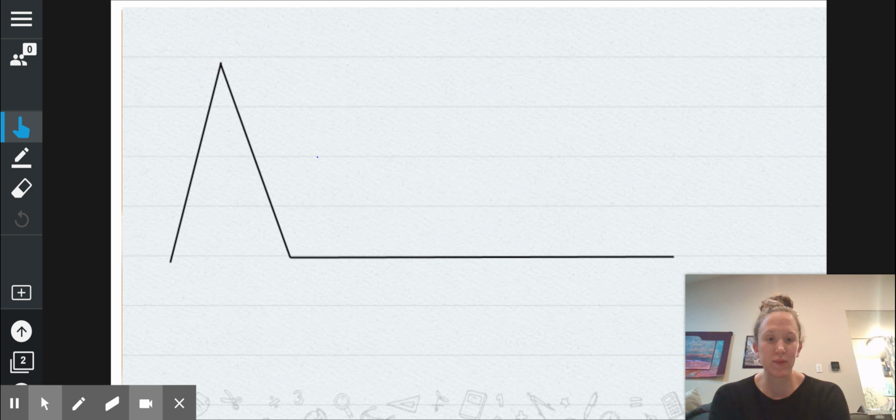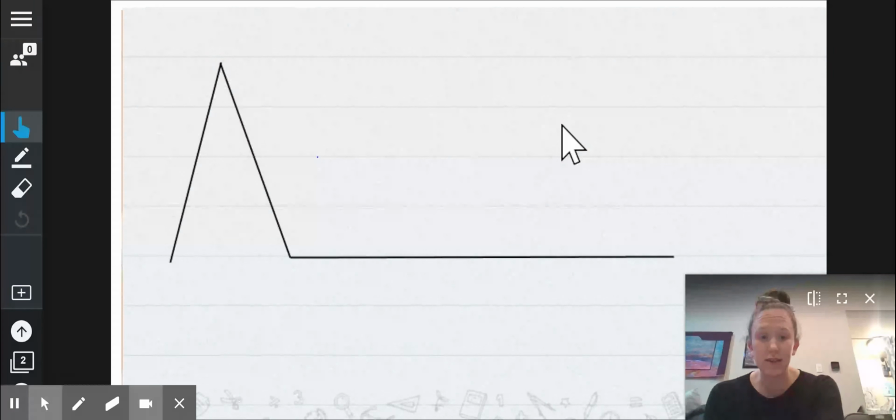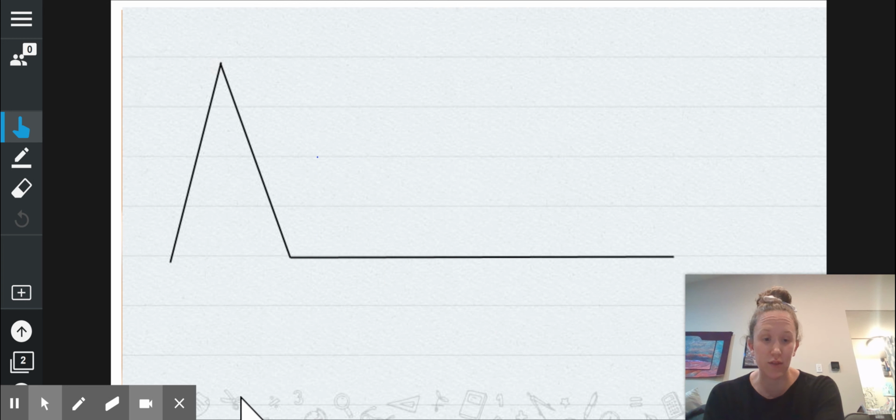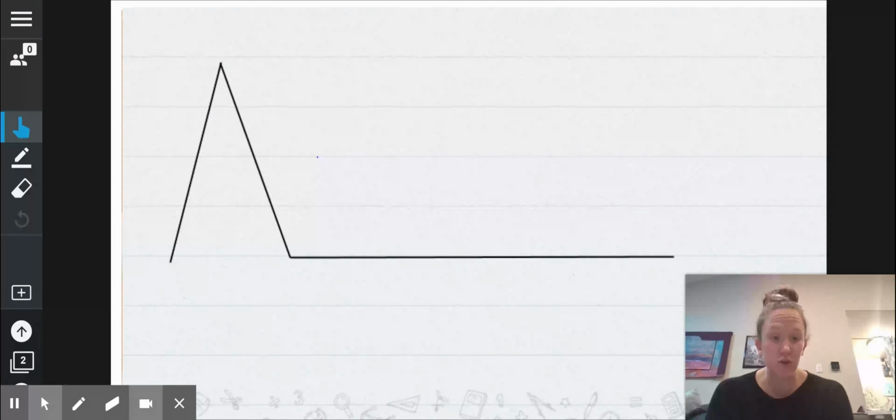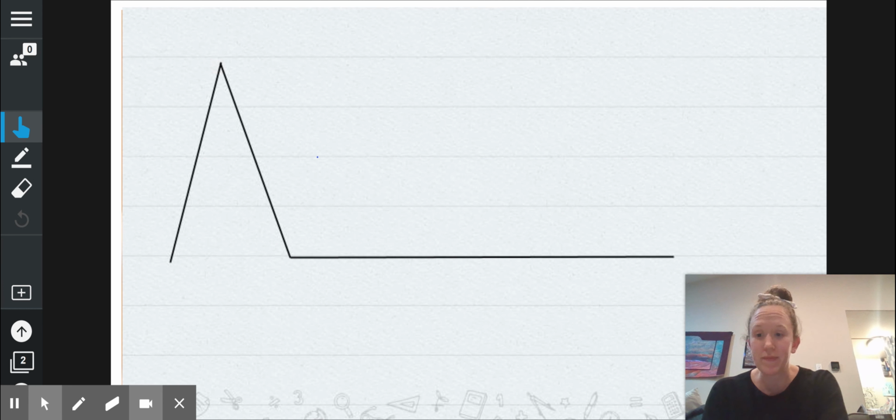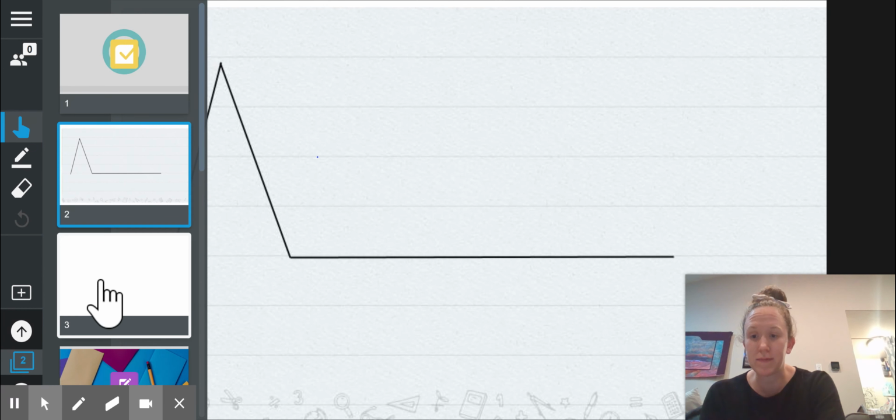We're just going to review some of the things that we've learned the past few weeks in writing. So to start, right here on my screen, this is my sentence frame. Our sentence frame starts with a capital and it ends with a stop sign or a period. It's up to you which one you want to call it. Moving on to our next page,